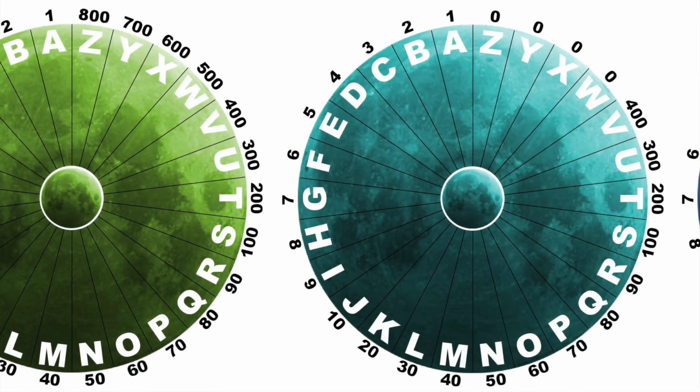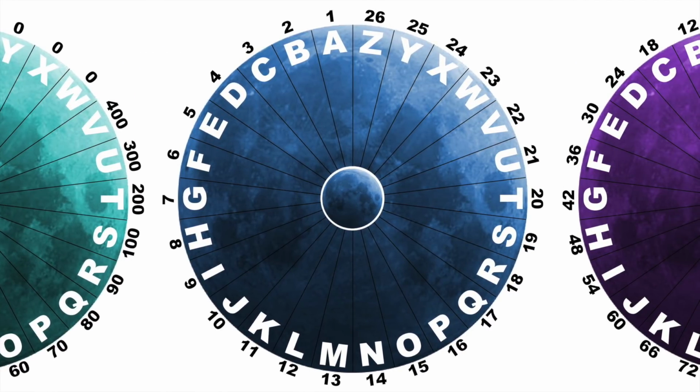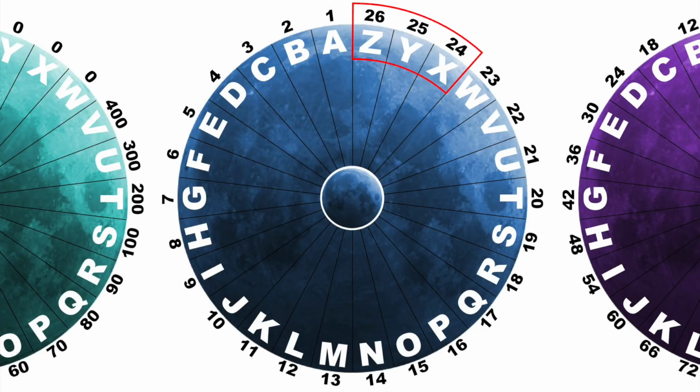The natural pair for Standard English Gematria is Ordinal English Gematria, whereby the letters from the English alphabet are assigned numbers corresponding to their position or order in the alphabet. Thus, A, B, and C have the values 1, 2, and 3, and X, Y, and Z have the values